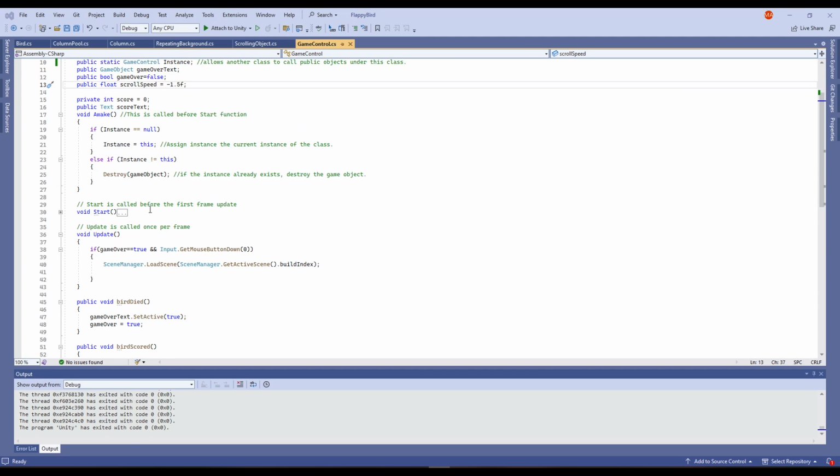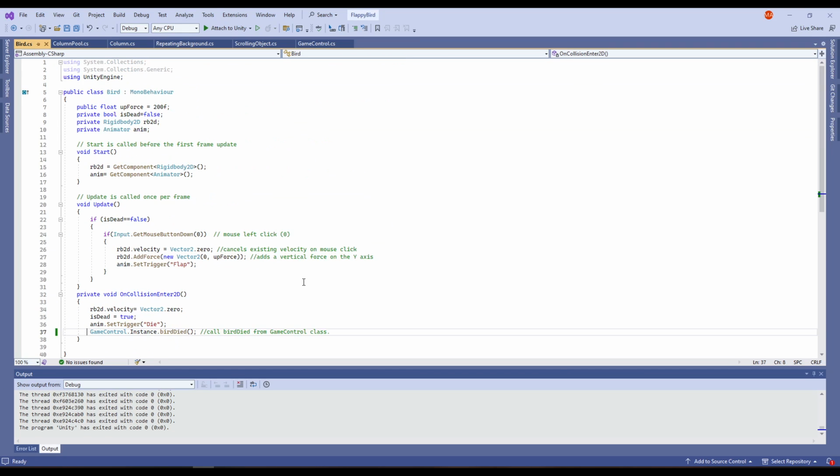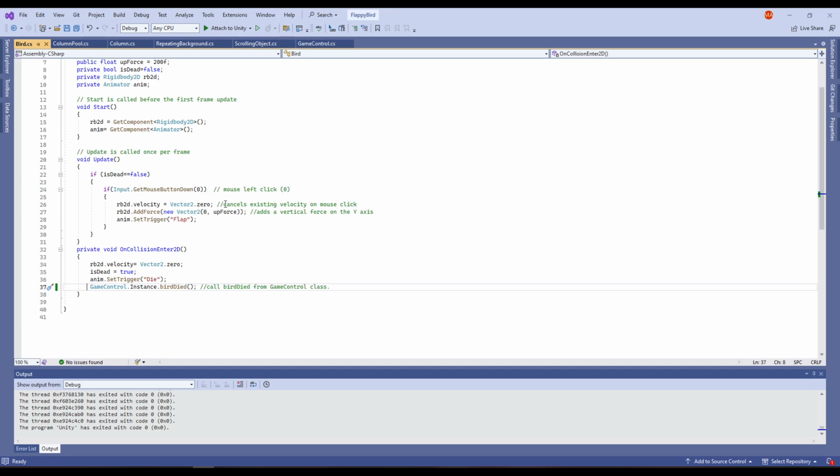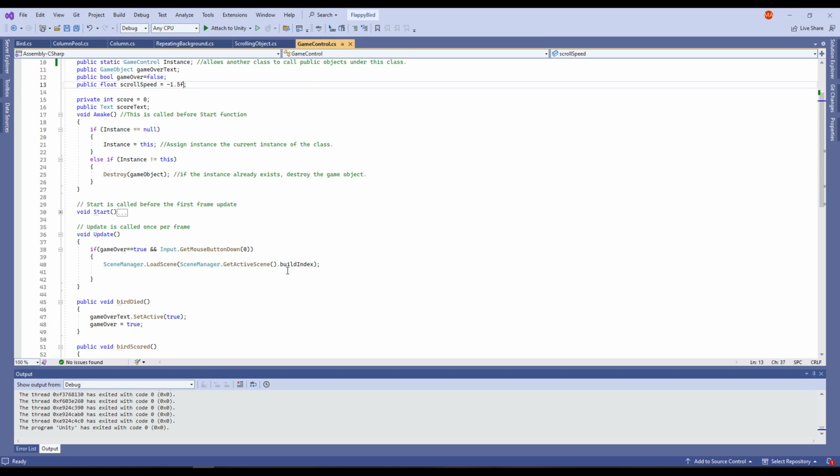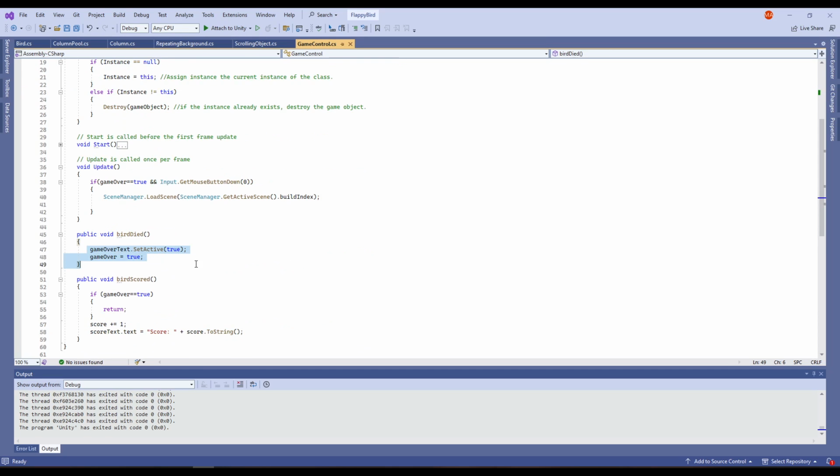And I created on mouse down for the bird, which will set the velocity to 0. It will add an upward force, which is 200F, and it will set the trigger to flap, which is in the animation which we called from the animator. The same thing I created on collision function that will make the bird die, which will call the bird died from the game control, which is here, and sets the game to game over, and will display that text on